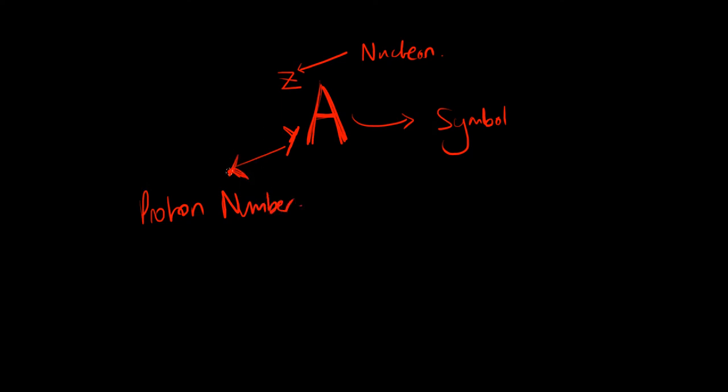Okay, so this is the number of protons present in a nucleus, which is also subsequently the number of electrons present in a neutral atom. The nucleon number is the number of protons plus the number of neutrons, and based on that you can work out how many neutrons there are present in a nucleus by subtracting the proton number from the nucleon number. What else do we have? That's about it. The nucleon number is also known as the baryon number